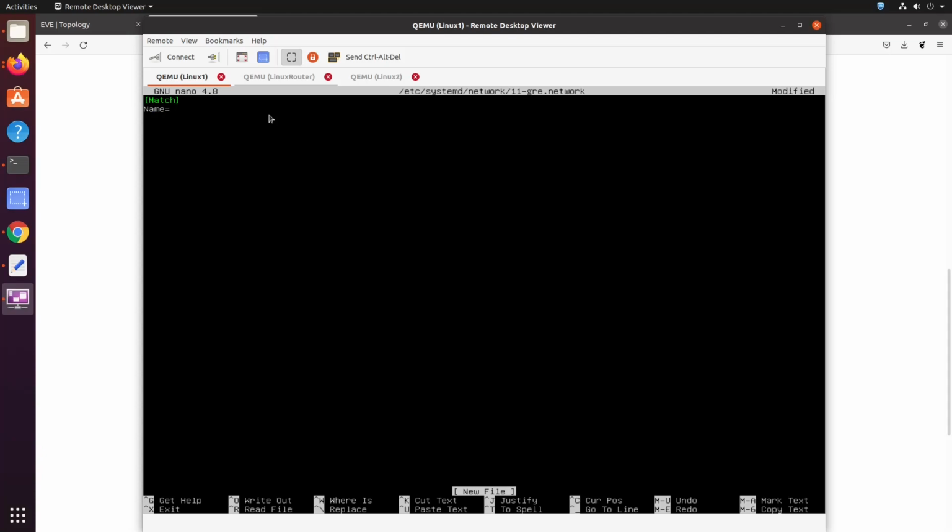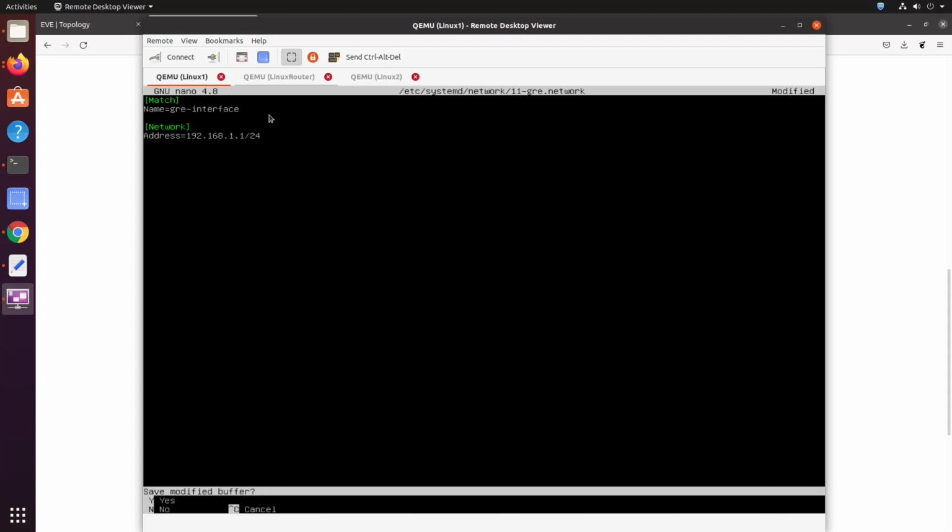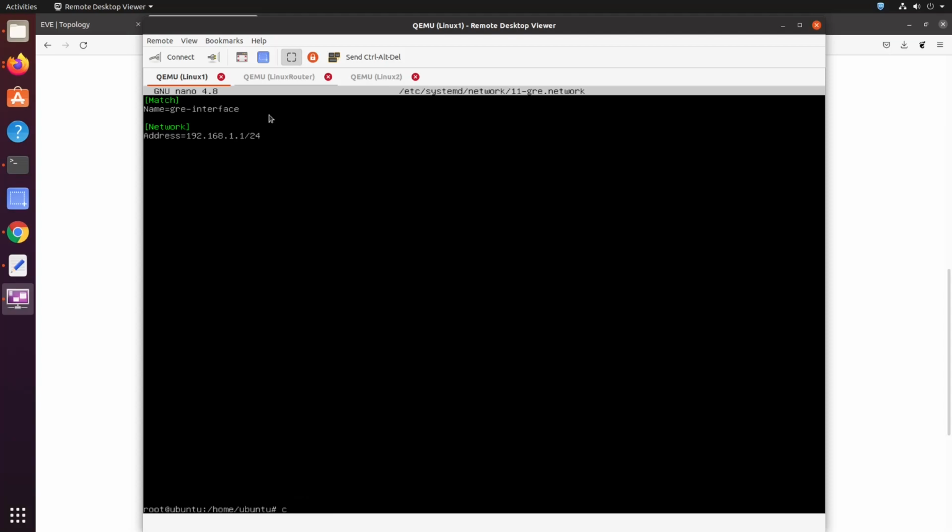We are matching on the interface device that we created in the last file, and under the network section we set up the IP address of 192.168.1.1/24. Once the configuration is applied by a systemd-networkd restart, the tunnel interface will be created and assigned the IP address.